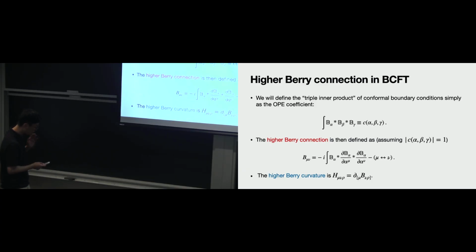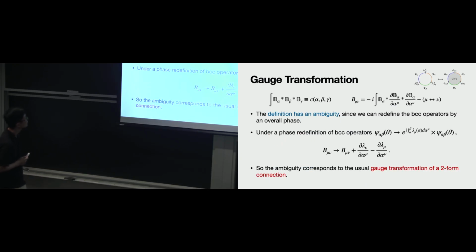Yes. So because of this, at the end of the day, this is a technical point, but to compute B mu nu, we don't actually need to know C alpha beta gamma exactly. We need to only know it for beta and gamma infinitesimally close to alpha. So that's what we need. And this is related to Gabriel's question. So I'll be brief, but this definition